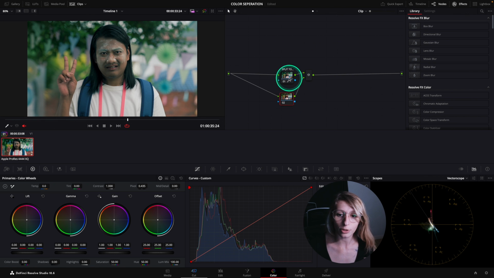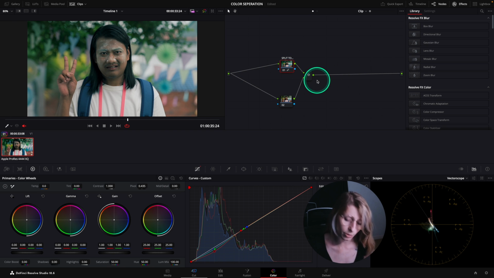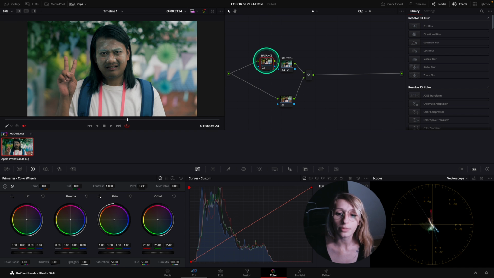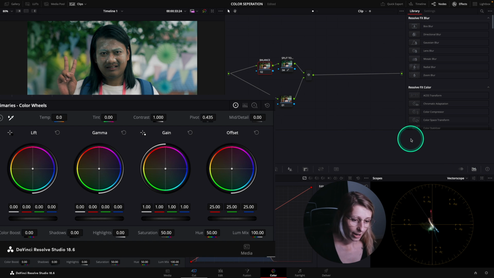So I'm just going to create a parallel, because I might need to do secondaries in my parallel here. But before the split tone, I'm going to create a node. To create a node before is Shift S, and this is going to be my balance. And so when I have created my balance,